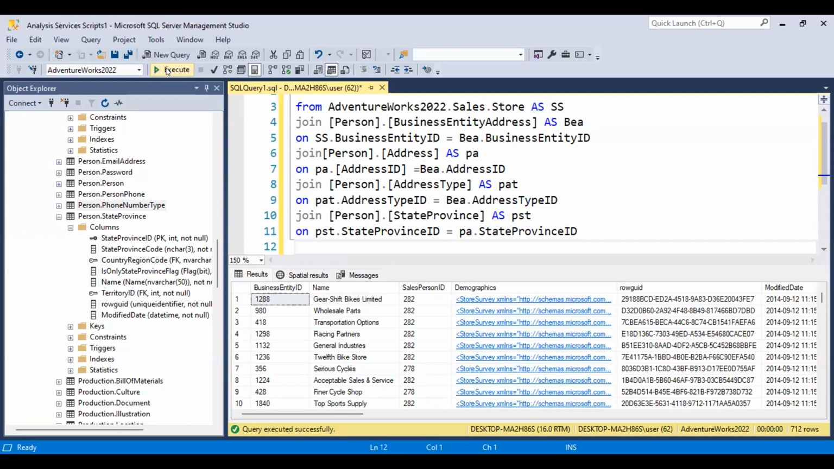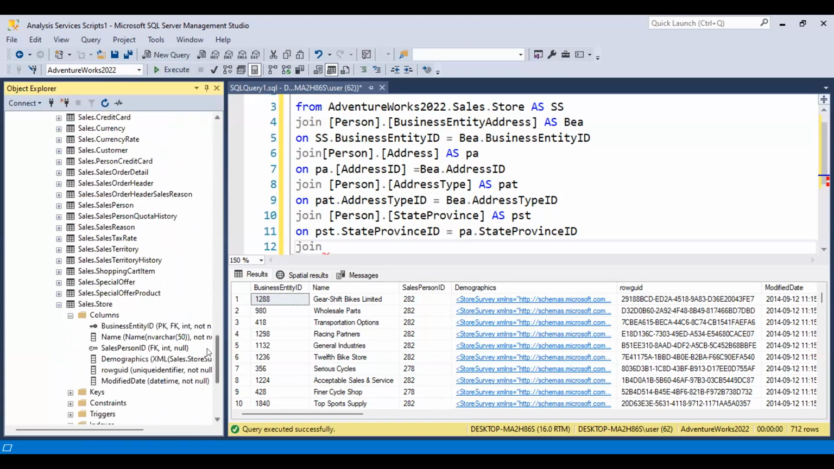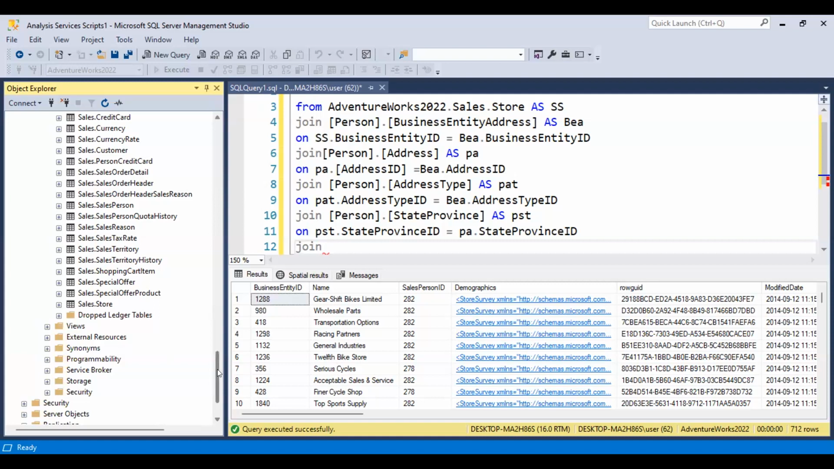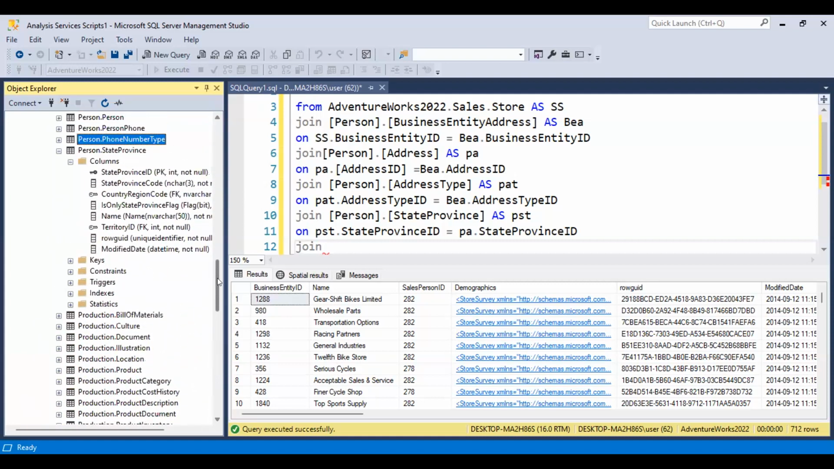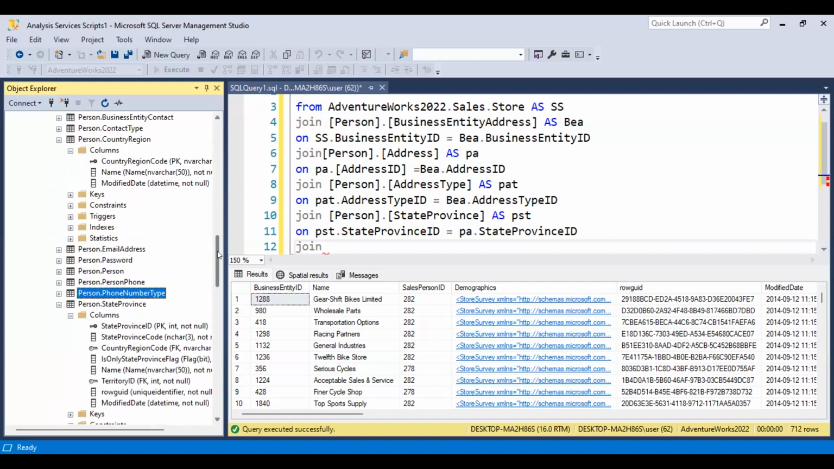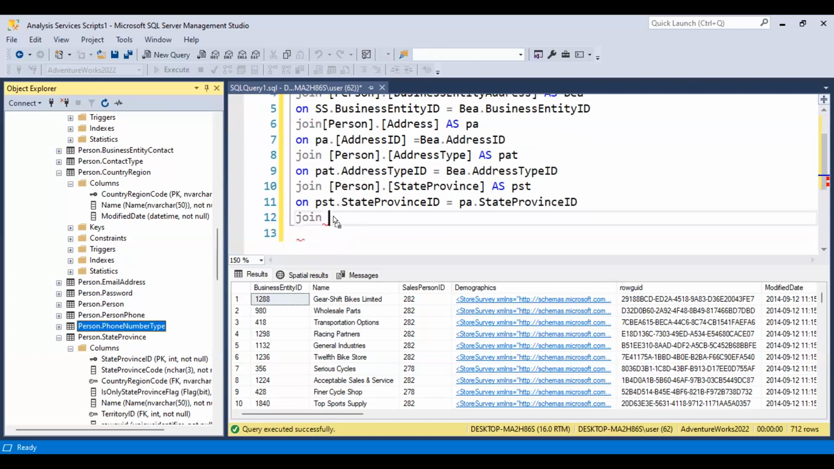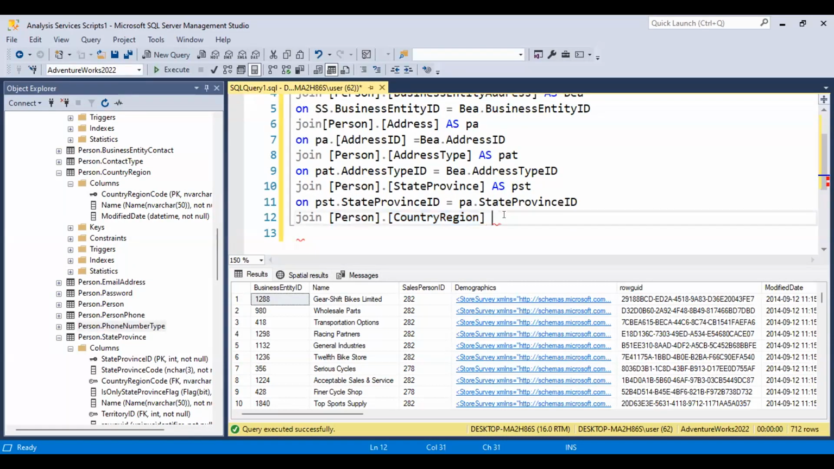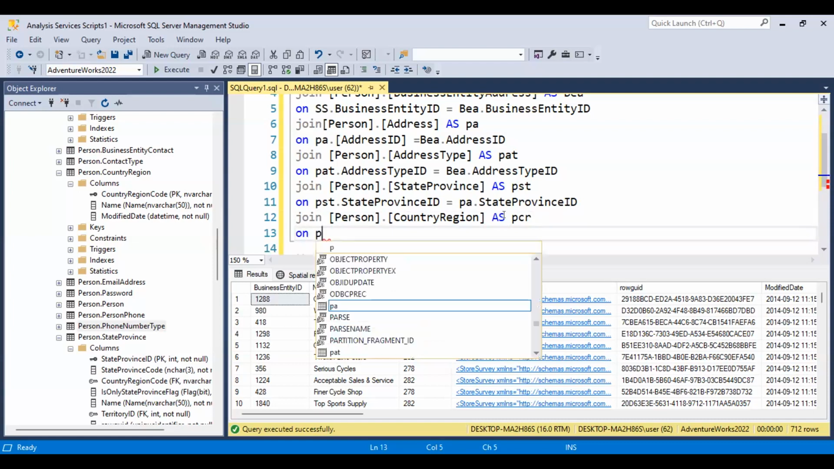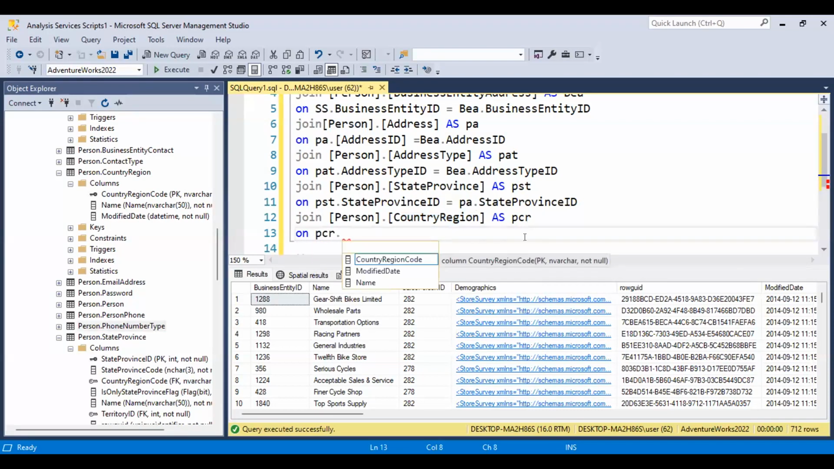Okay, so now we'll do the last one. We need to join country code. I think it's on top because of the C. What's the name of the table, please? I think it's person country or something. Yeah, that's person country region, as PCR. On PCR dot